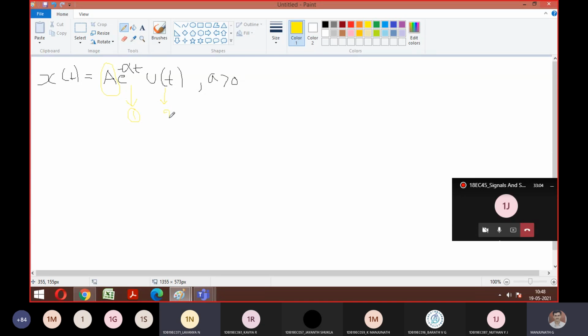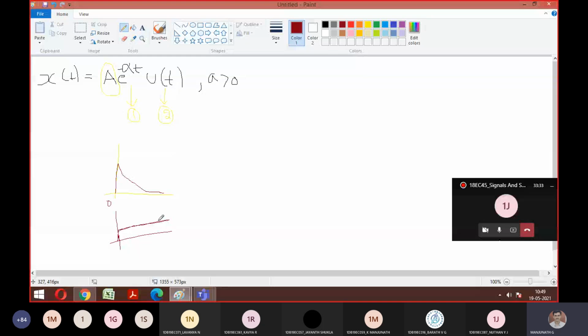If you multiply these two, sketch the exponential term first. If you put 0 here, it reaches the maximum peak, and from there it dips. So this is my exponential. Similarly, if I plot u of t, it is like this. If you take the product of these two, how will the waveform be? For both, the amplitude A is what they have given.